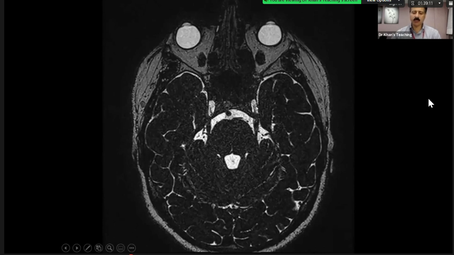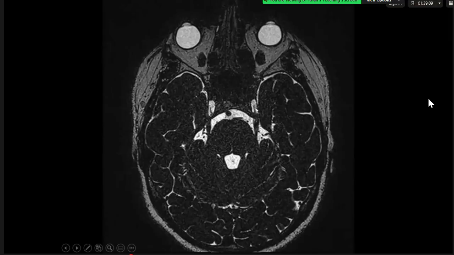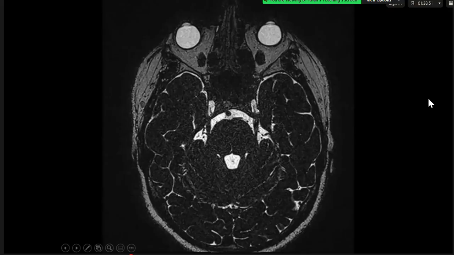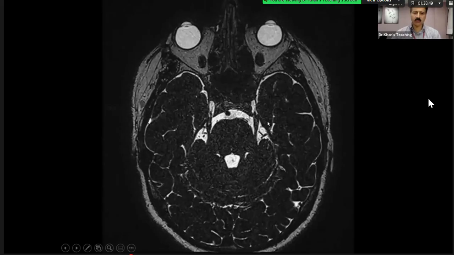Many times I've been asked in the exam, a meningioma going into it, and the question is why is it causing trigeminal neuralgia? So you have to know this. Please remember the anatomy is that the fifth nerve goes here. There is what we call a Gasserian ganglion there, and then it divides into V1, V2, V3. We'll revisit that aspect later on.